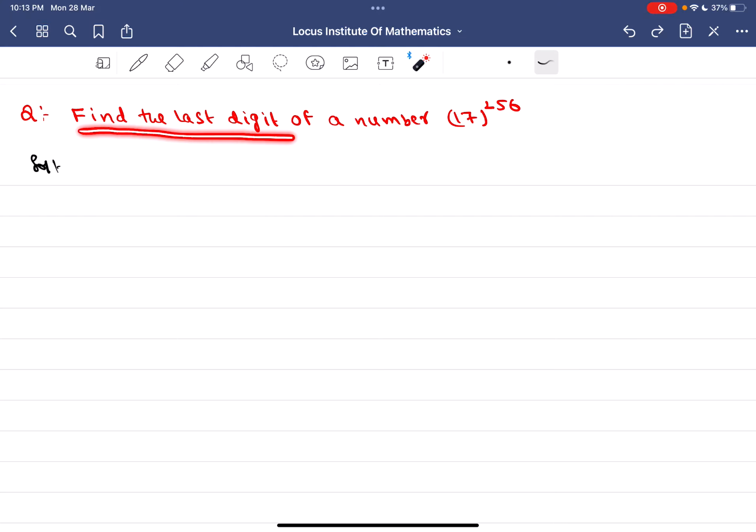Question: find the last digit of a number 17 power 256. Solution: the given number is 17 power 256. Now to find the last digit of this number, let the last digit of the base, that is 7. Now in step 1,